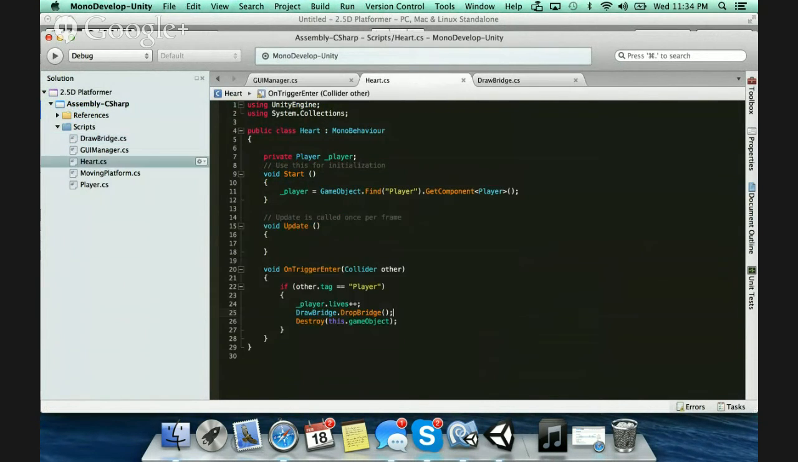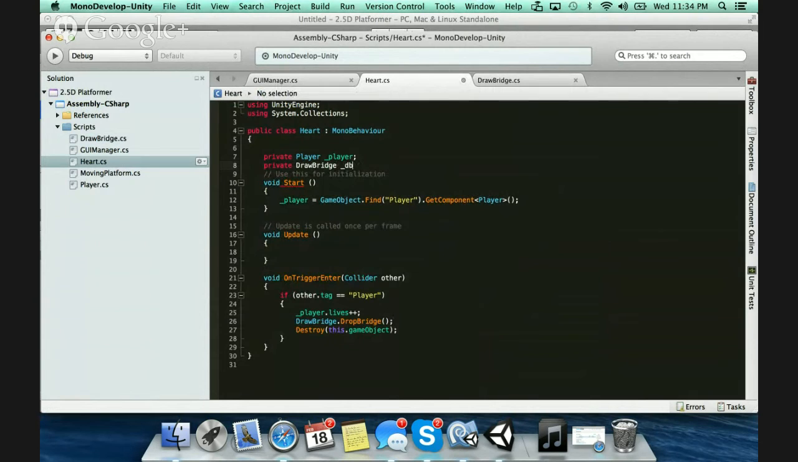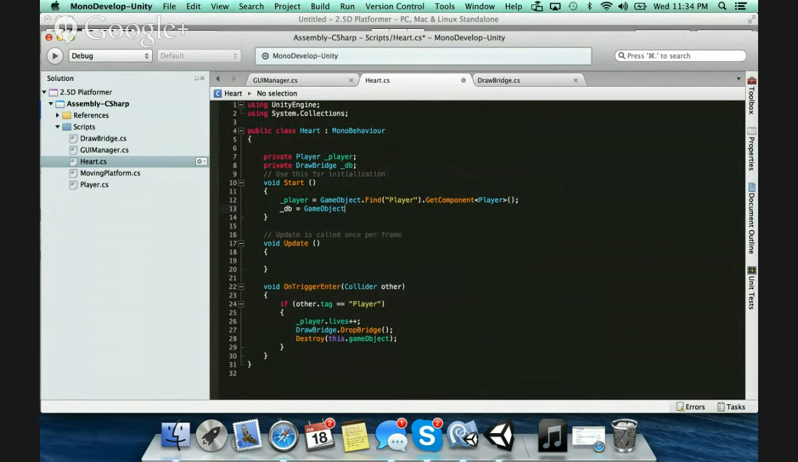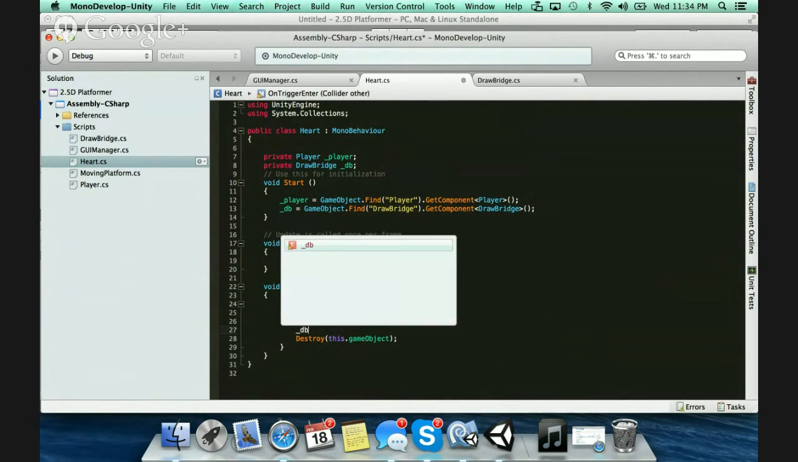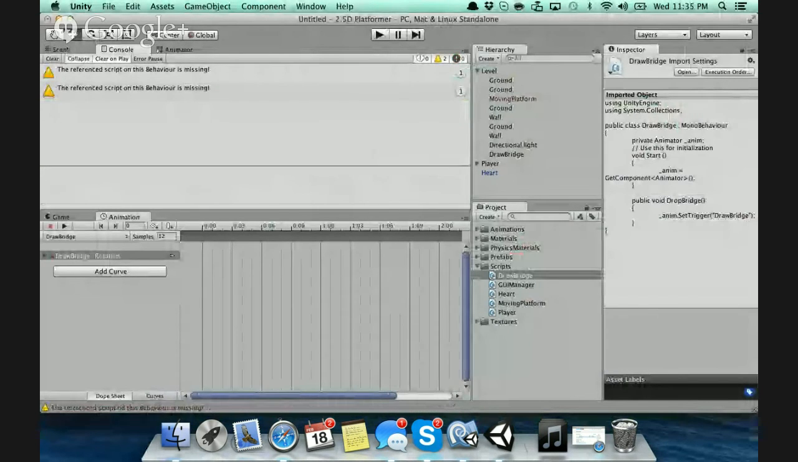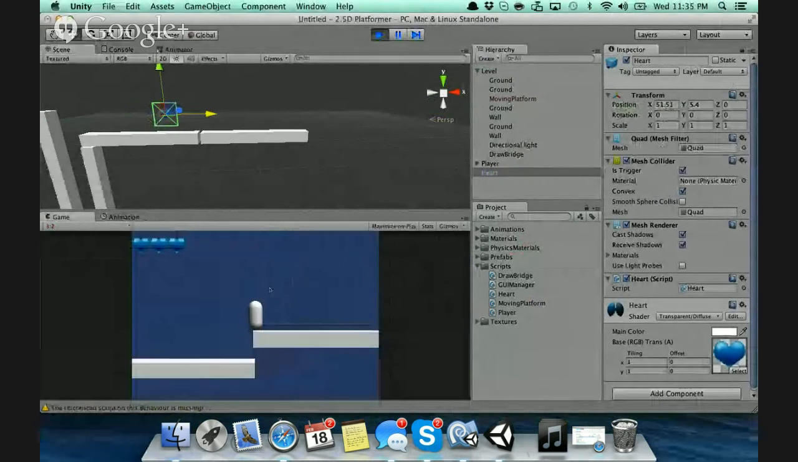So in heart here, we're going to create another handle. And we're going to name it drawbridge, dv. All right, and for killing this object, we're going to go ahead and say here underscore drawbridge. Go and test this out. And I'm going to put this heart right here. All right, so if we run over here,